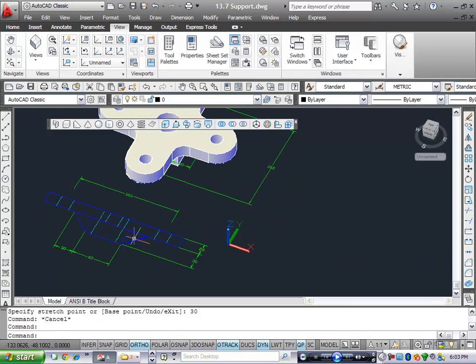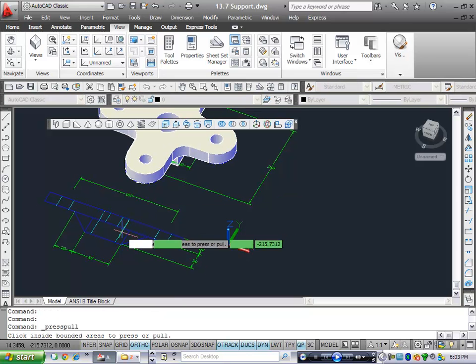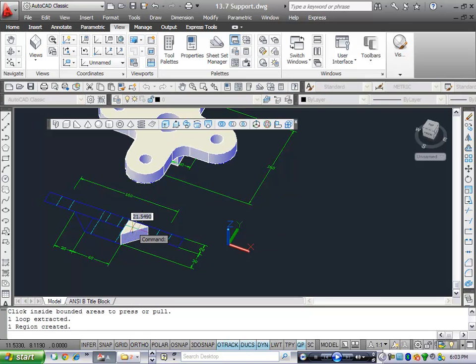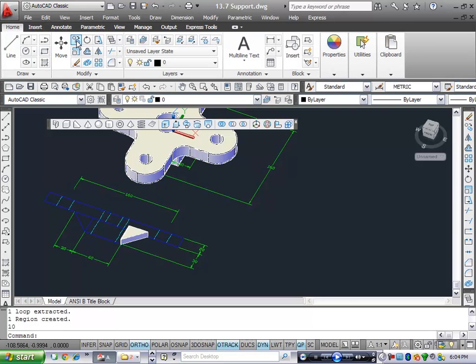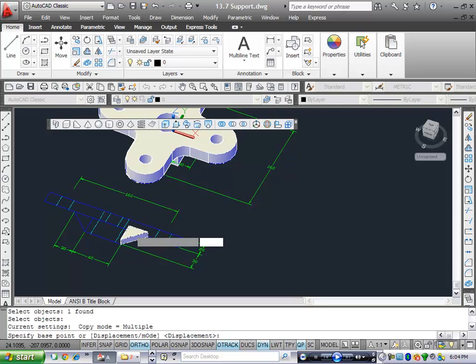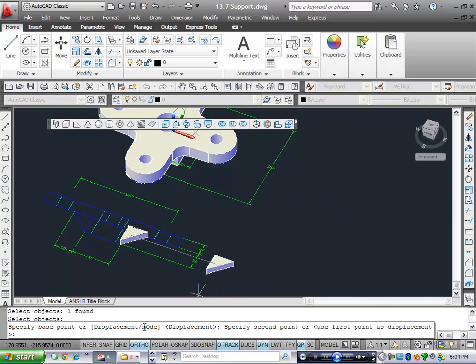To do the ribs, what we're going to do is press pull these 10. Hover, click, 10. And then what I'll do is I'll copy it. Turn off my